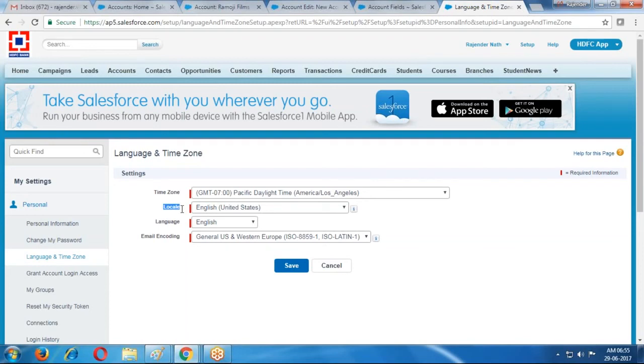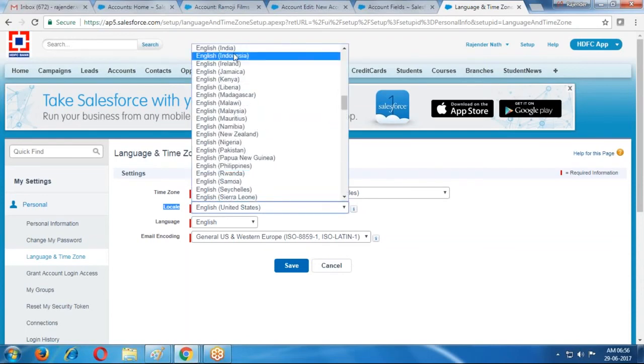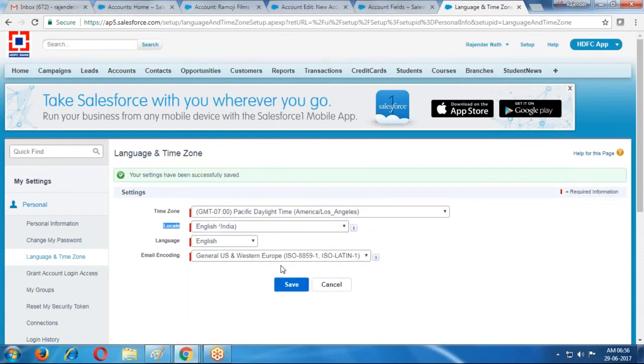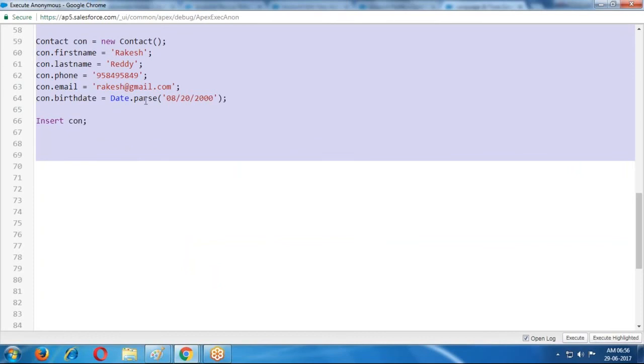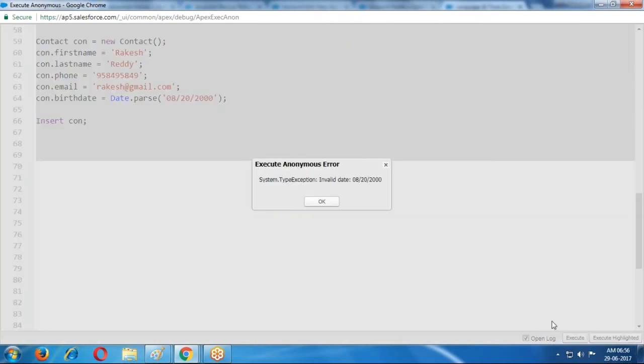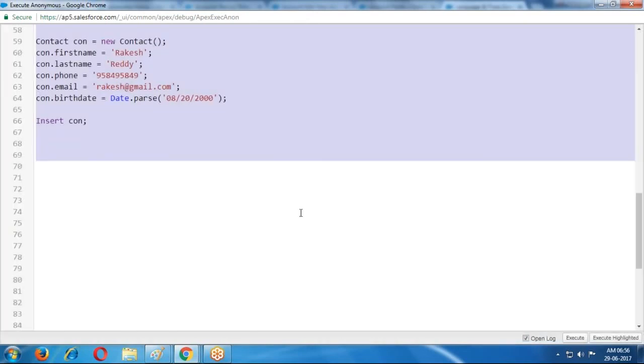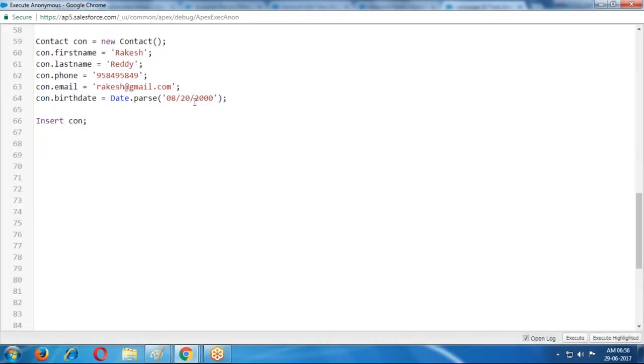With the United States format, month, date, year is what it accepts. Suppose it is the India format, now the same value cannot be accepted. Invalid date, because the format is Indian. This is the United States format, month, date, year, but here the Indian format is required.